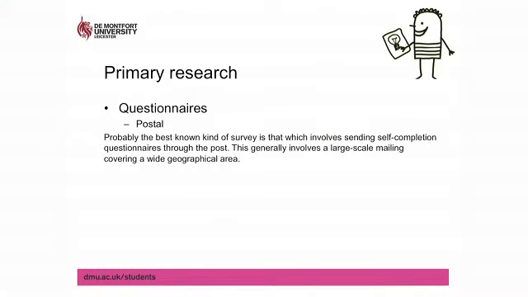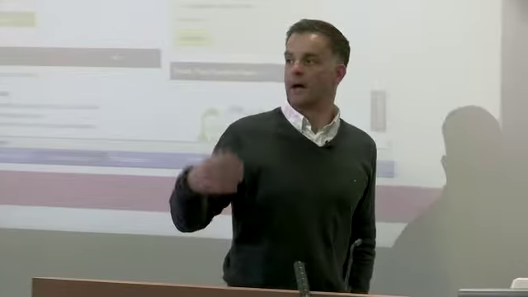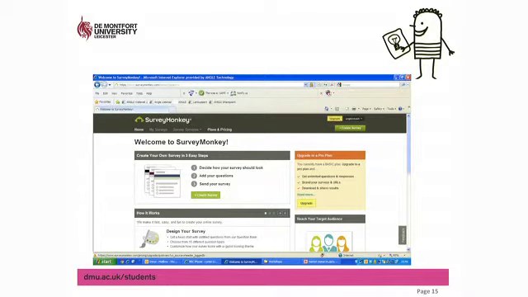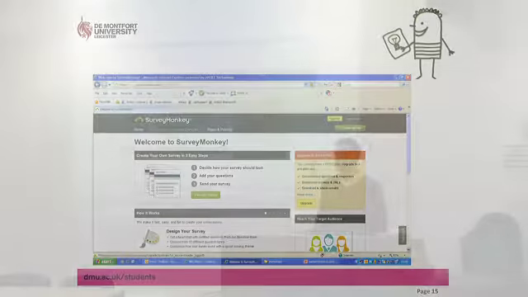Primary data, though, there are lots of different types. And you'll have seen questionnaires, traditionally used as postal. So there's a large-scale cost to that. We now look at it in terms of online, via email or sending the website link in an email. And SurveyMonkey is a great opportunity, not that I have shares in them, there are lots of others out there, but SurveyMonkey is a really simple thing to use in order to get very quick, very easy online market research for yourself.